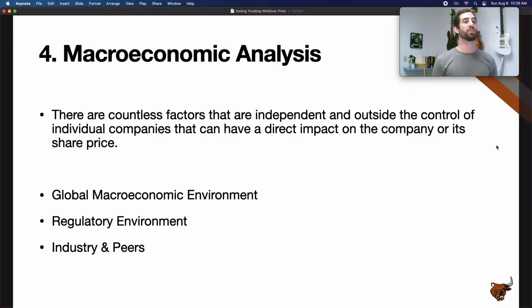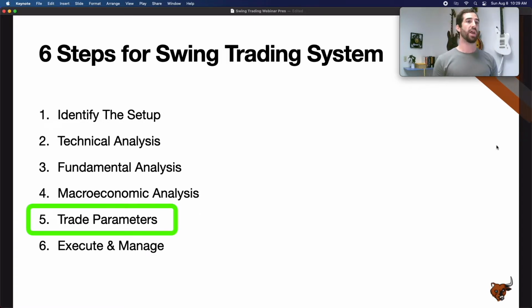Okay, so don't go too crazy, guys. Do a quick Google search, a quick social media search, and just have a general idea of what is going on in the environment where the company that you're looking at operates, that could potentially have an impact on its stock price. All right, so